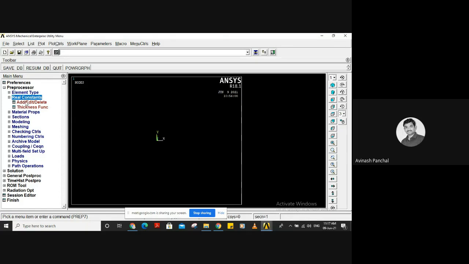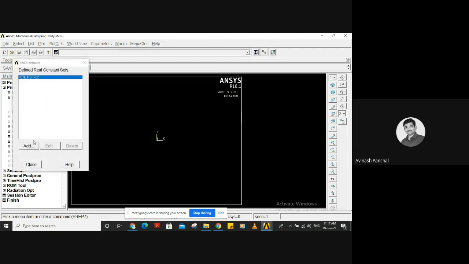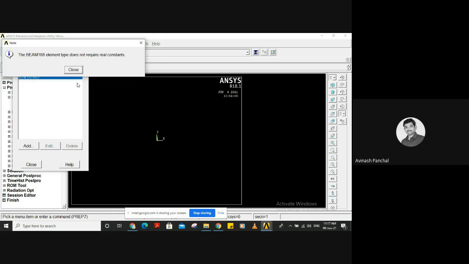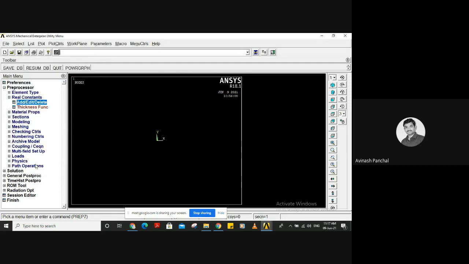If I click over here, add, edit, delete, add, click on OK, then it gives you the message that the BEAM188 element does not require real constants. So I will close this.